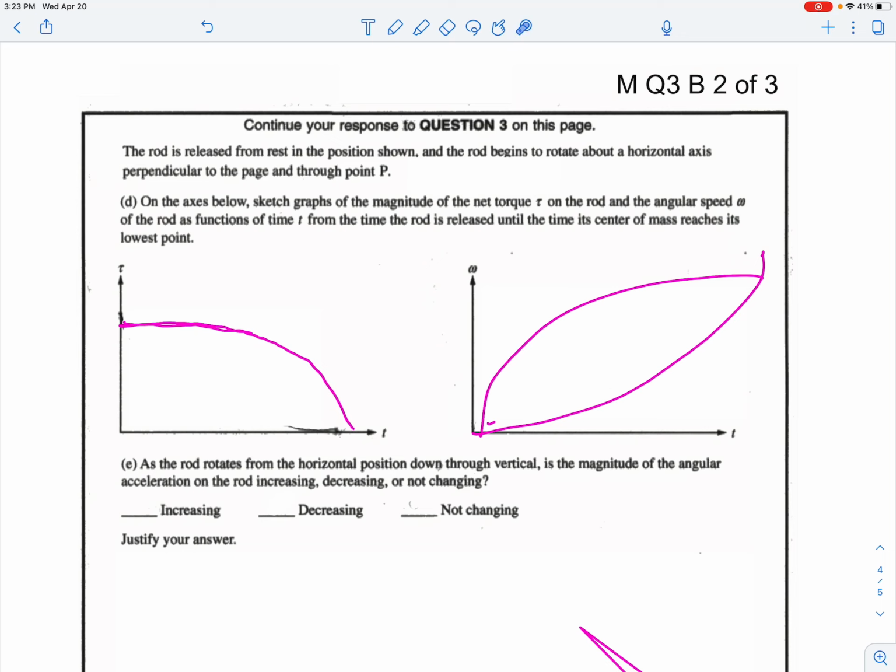So that's a way that I like to hack how to draw graphs. There are only like 6 options you have, and you just use common sense to figure out which option is appropriate. The reason is that the angular speed is increasing, but it will get to a point where it has some maximum speed, and then it would level off.